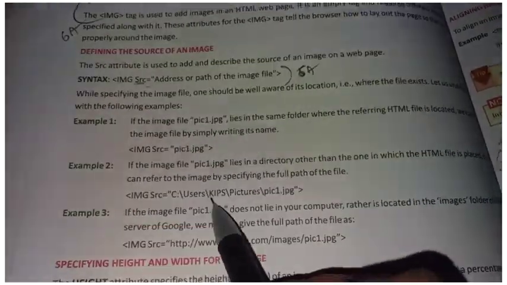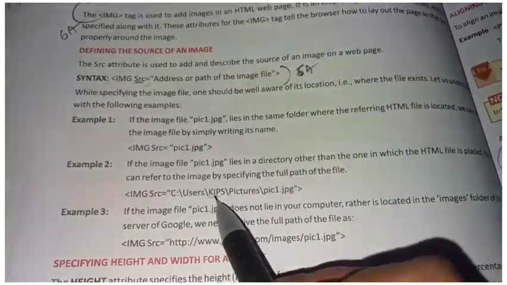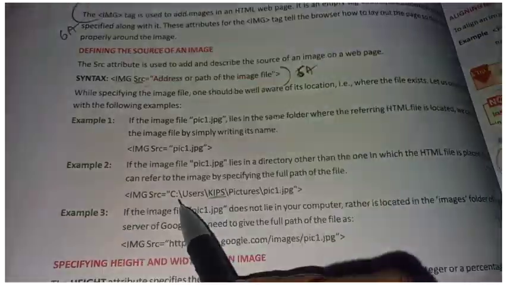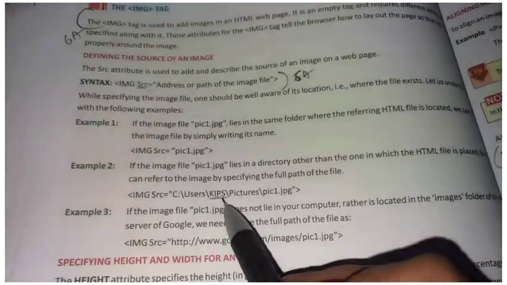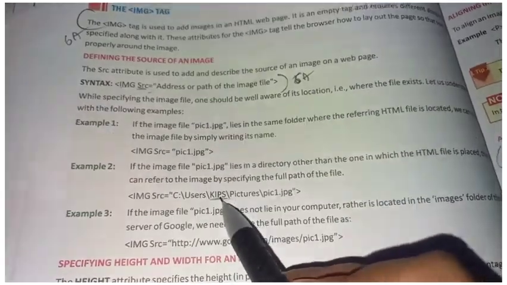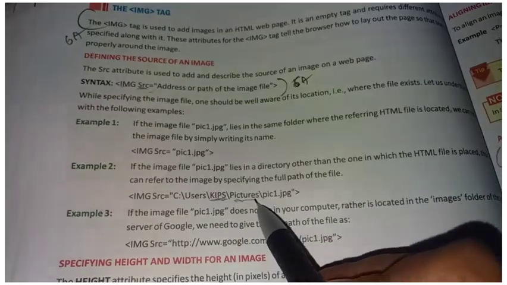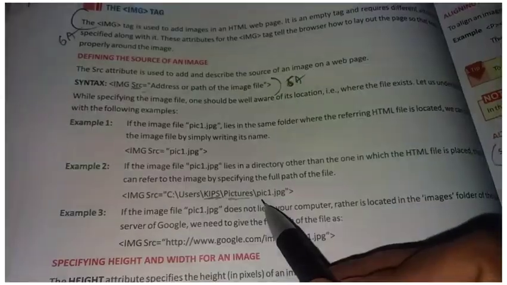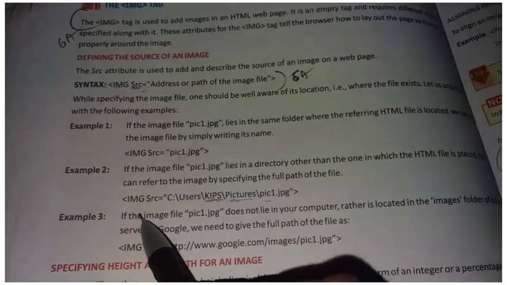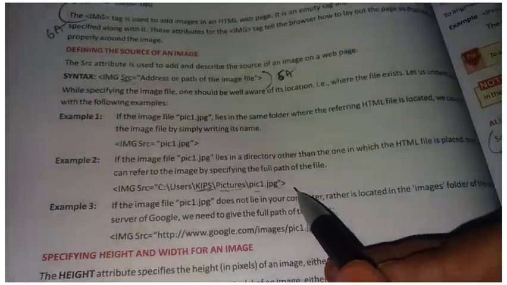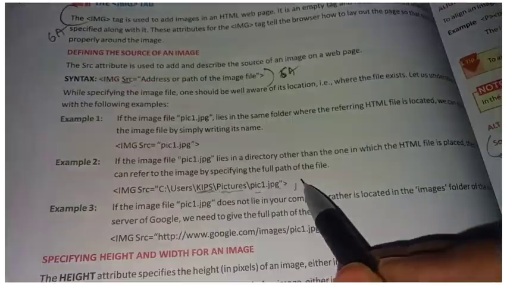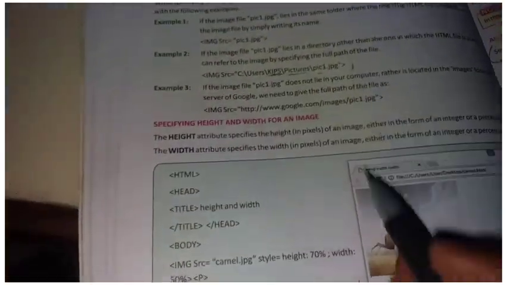Here this image is located in the KIPS folder, so you specify C:/users/KIPS/, and in the KIPS folder another folder named pictures, and in that the file is named pic1.jpg. This full path you have to specify. Then only the image will be displayed, otherwise the image will not be displayed.